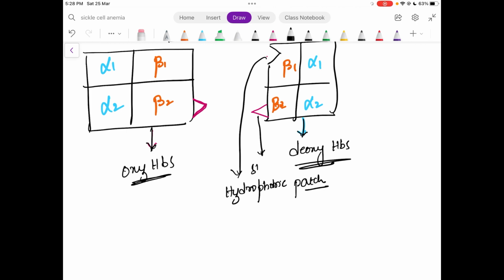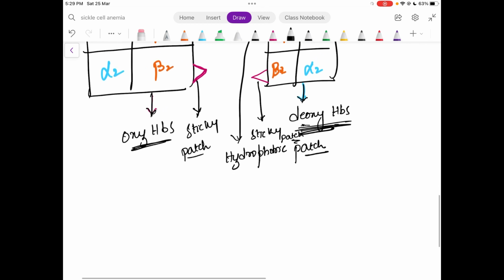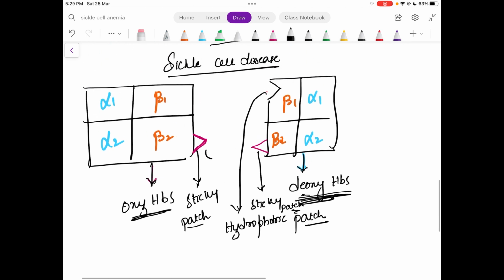This is a sticky patch. So deoxyhemoglobin S will have both a sticky patch and a hydrophobic patch. This is a sticky patch, and this sticky patch will bind with this hydrophobic